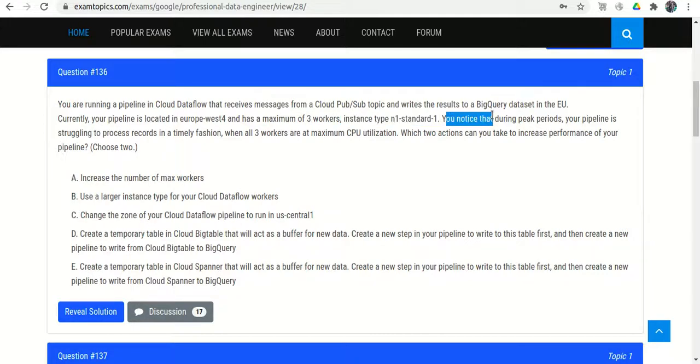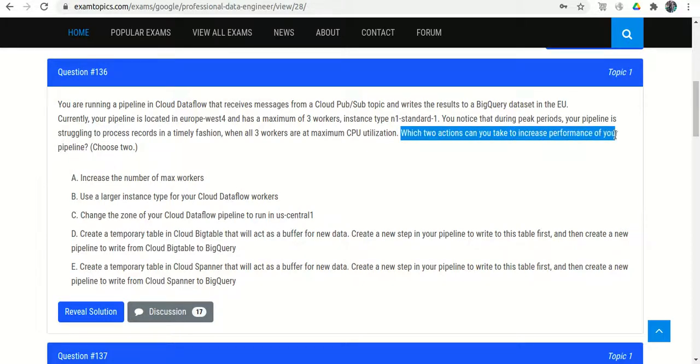You notice that during peak periods, your pipeline is struggling to process records in a timely fashion when all 3 workers are at maximum CPU utilization. Which 2 actions can you take to increase the performance of your pipeline? So we need to increase the performance of the pipeline, right?